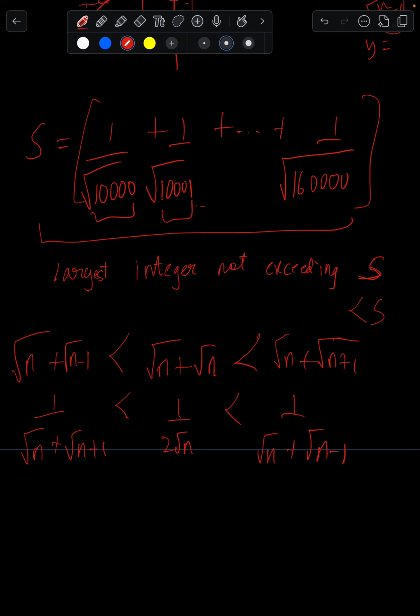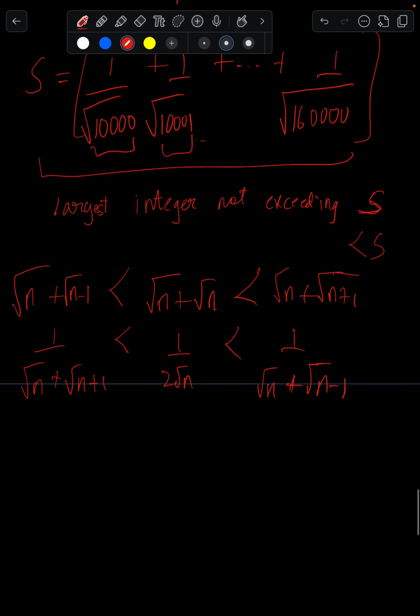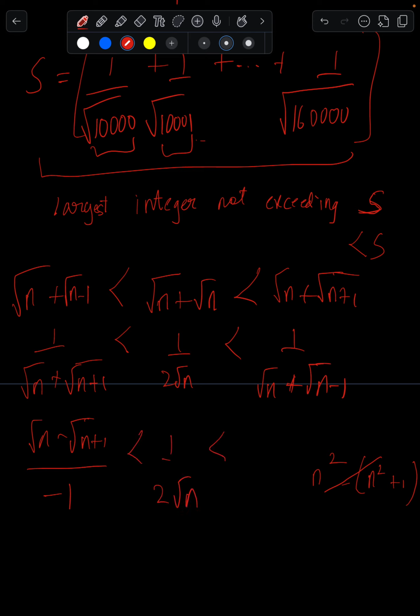of n minus 1. Now rationalize, you're going to get square root of n minus square root of n plus 1, and on the bottom you're going to get n squared minus n squared plus 1. So you're going to get minus 1. And over here,